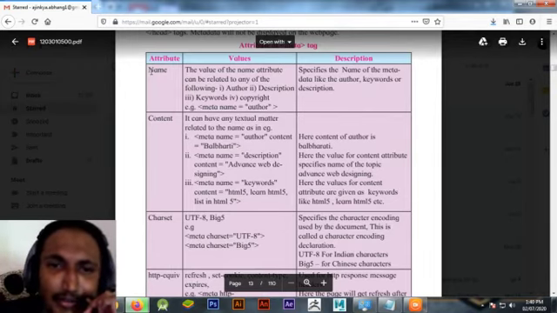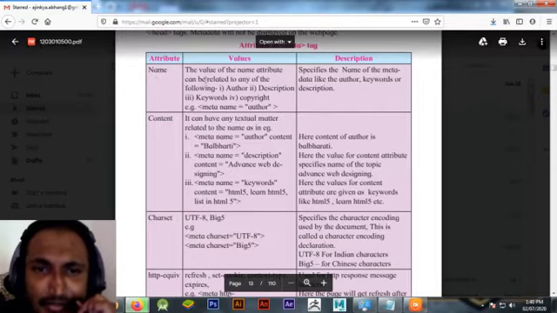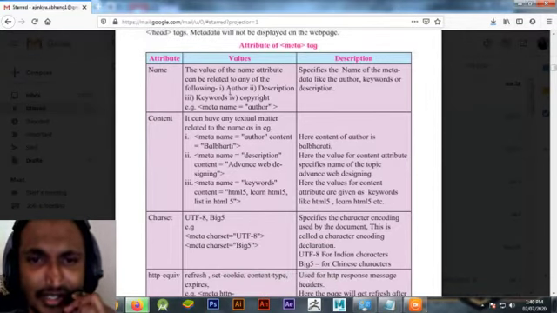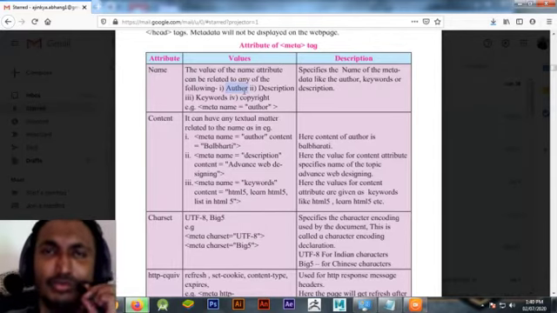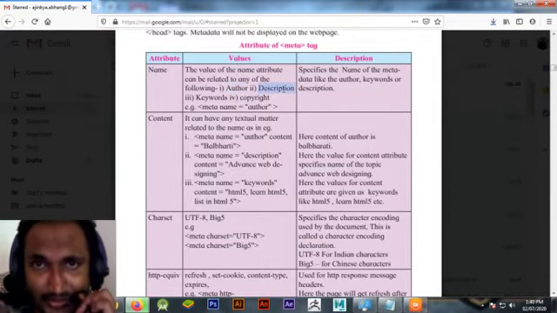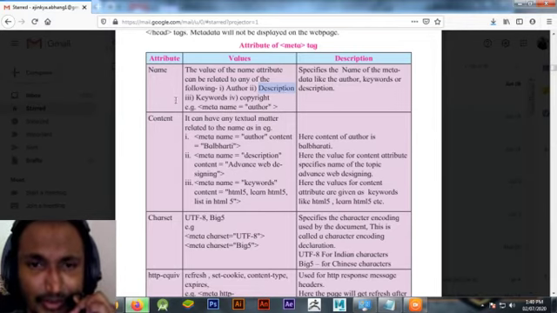The name value of the attribute can be related to any of the following. It can be author. Author means who is the owner or publisher, we can say. Description. Description means what kind of information is stored in the web page.